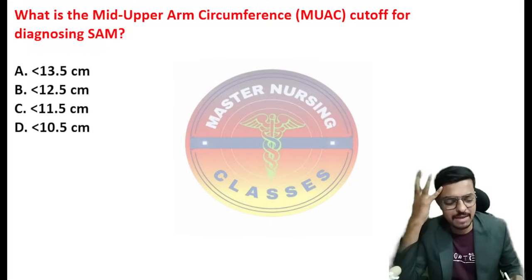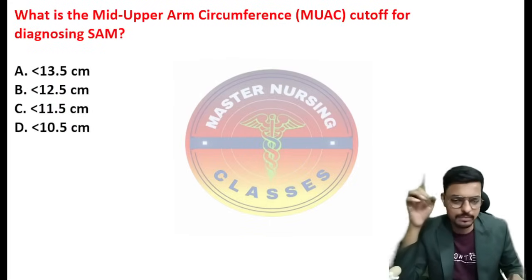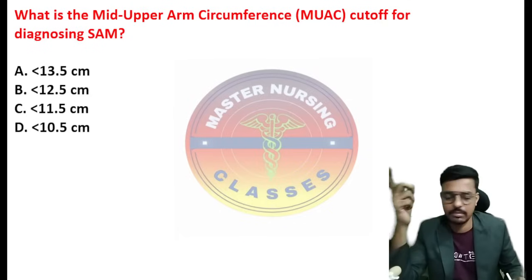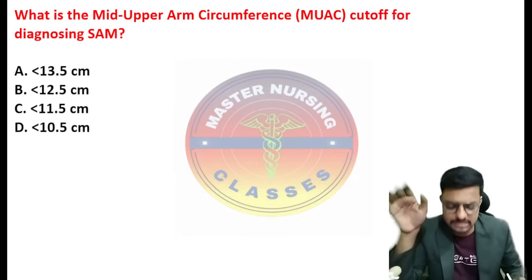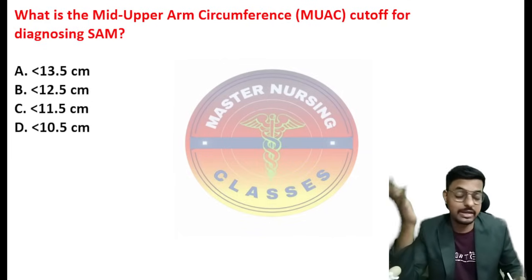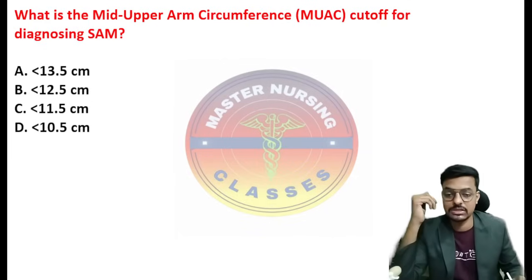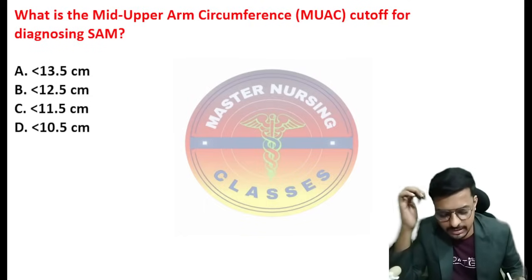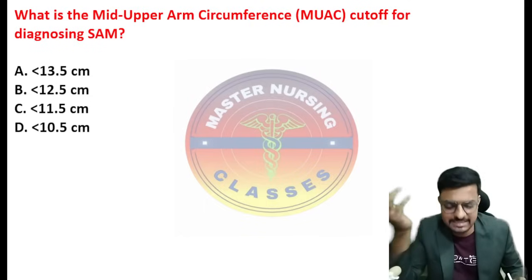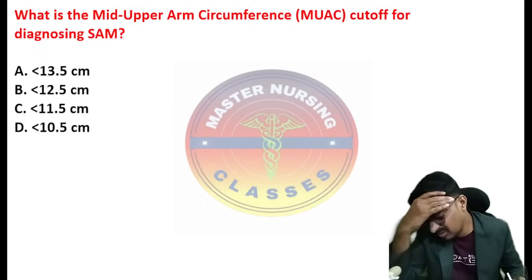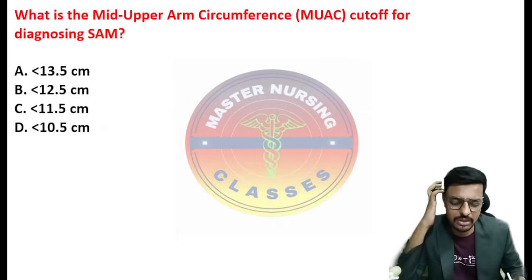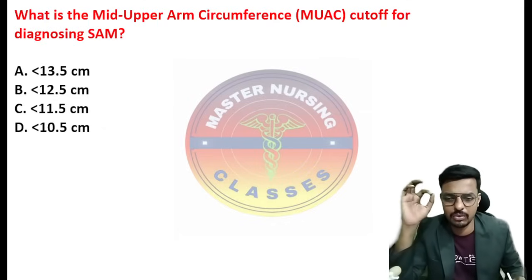SAM. Every exam has one fixed question on the SAM. In all the last revised NORCET exams, there is a fixed question on the SAM, whether they ask about the management of severe acute malnutrition, the criteria to diagnose severe acute malnutrition, or the discharge criteria of the SAM. We will identify, analyze, and give the correct answer, and we will get a good rank in the exam.